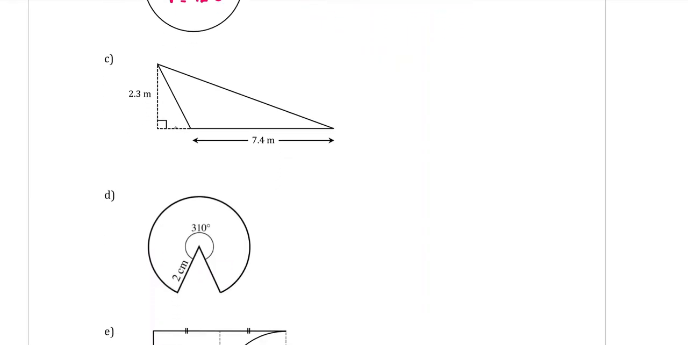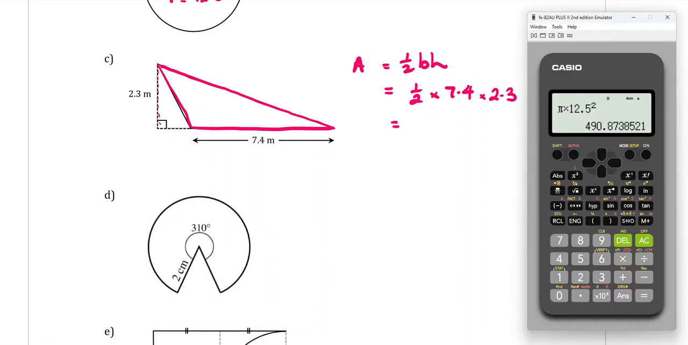Part C is a triangle. The dotted lines, we're not trying to find the area of that. That is just there to show us the perpendicular height of the triangle. We're trying to find the area of this triangle here. So the formula for any triangle is A equals half base times height, where the base and the height are perpendicular to each other. So the base is 7.4, and the height, even though it's not part of my triangle, is the 2.3, because it's perpendicular to the base. Timesing that together, we get half times 7.4 times 2.3 is 8.51